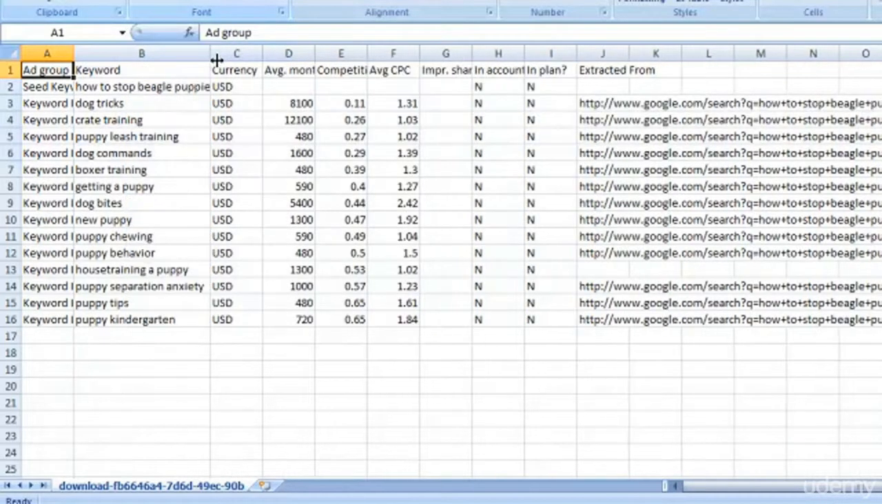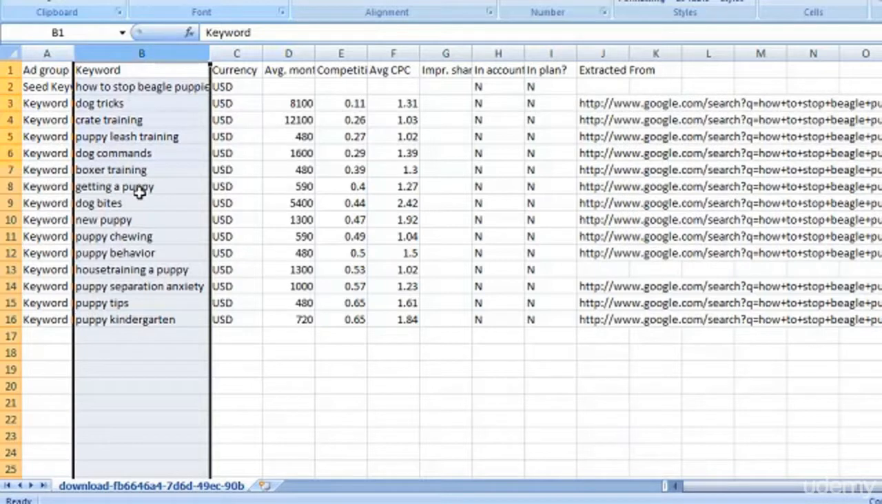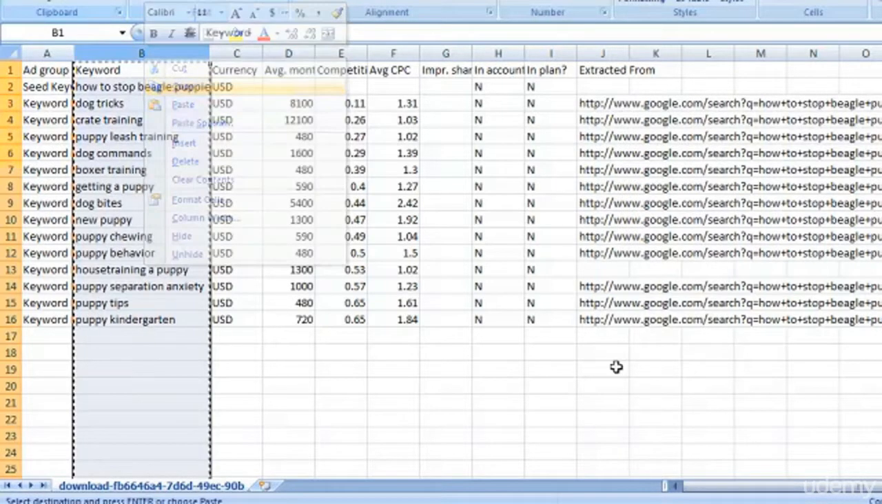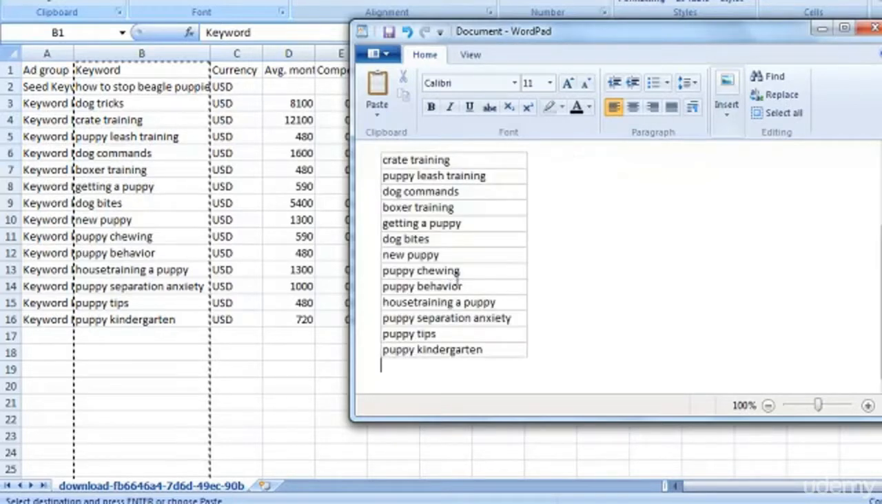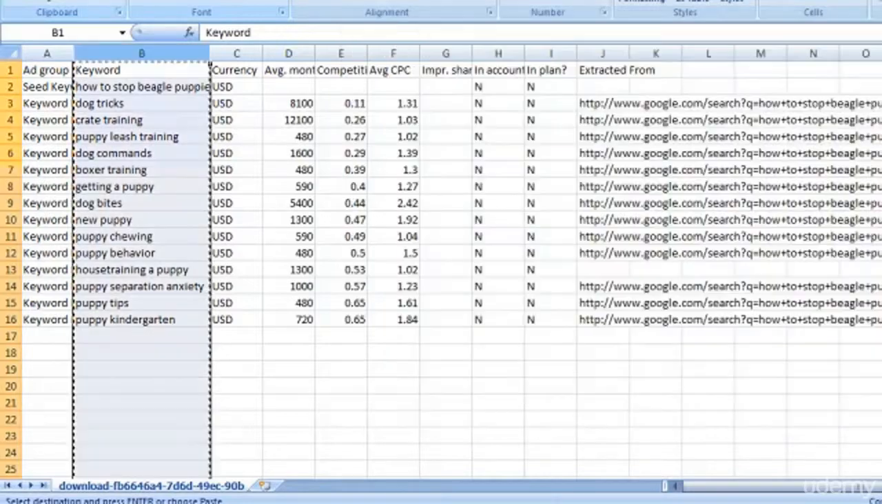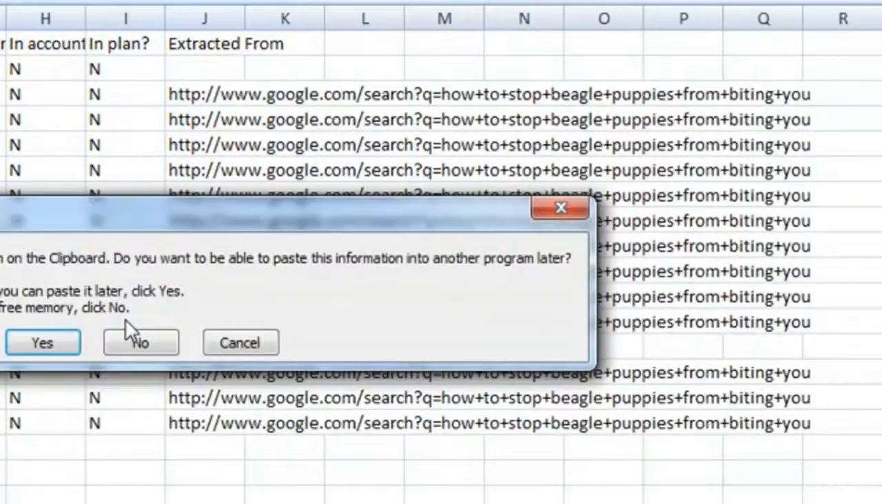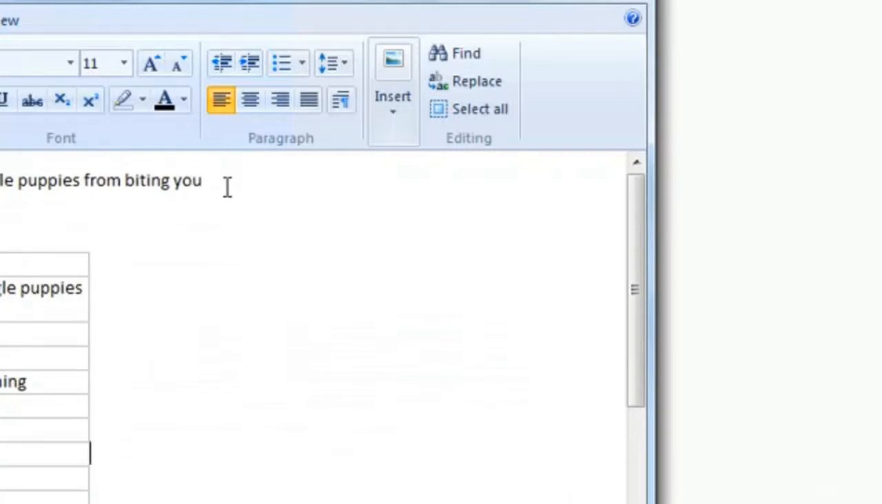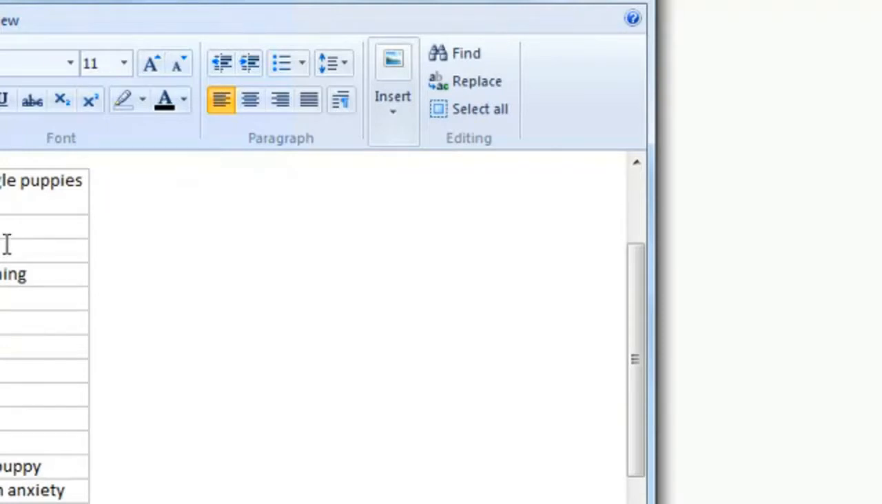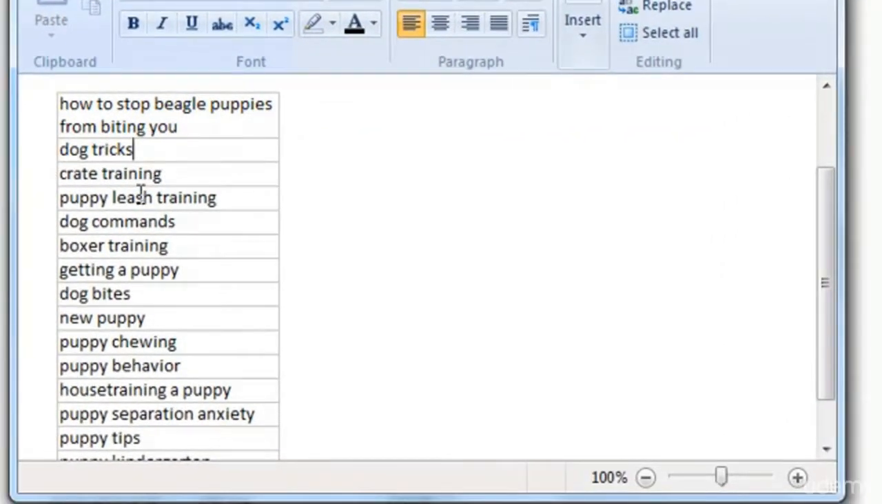And if we grab the keywords, which is this stuff here, I'm going to highlight this column and copy it. I'm going to go back to WordPad and then simply paste it. So these are the keywords that I want to include in my video. So if my main keyword is how to stop beagle puppies from biting you, then I want to make sure that I include something like